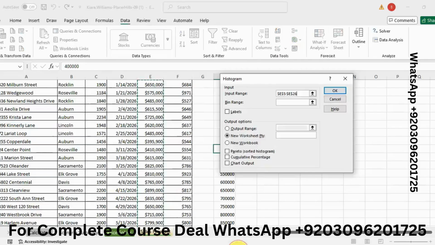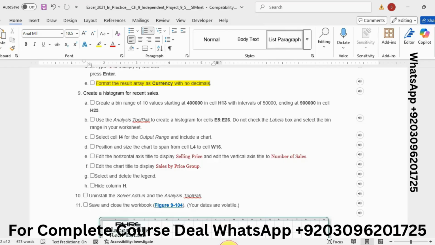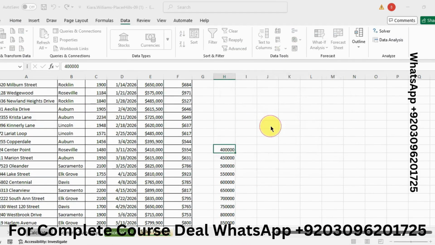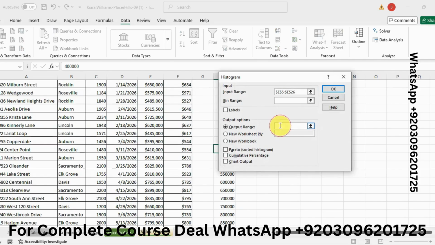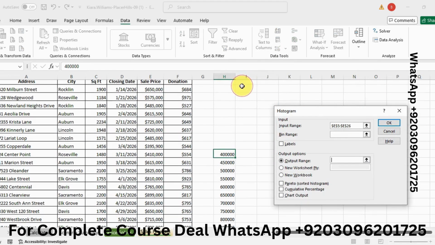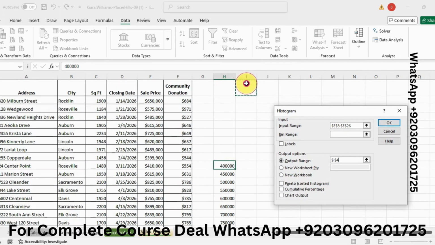So do not check the label box. Okay, and now select cell I4 for the output range and include a chart. Output range is I4. This one is I4.